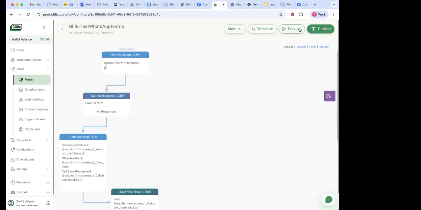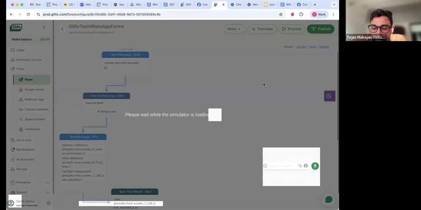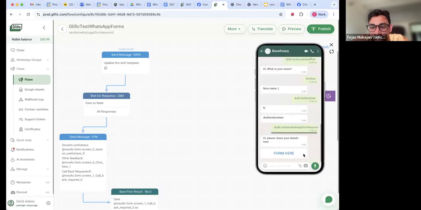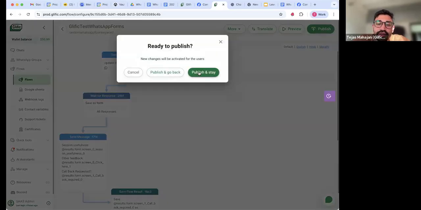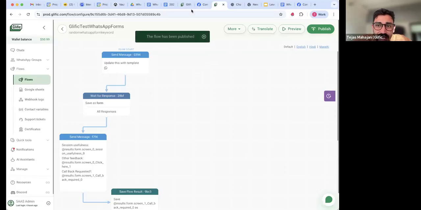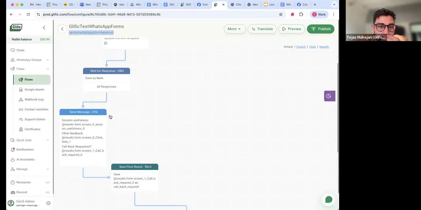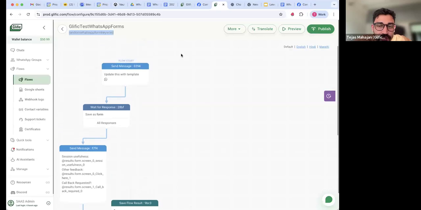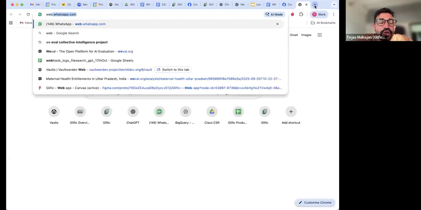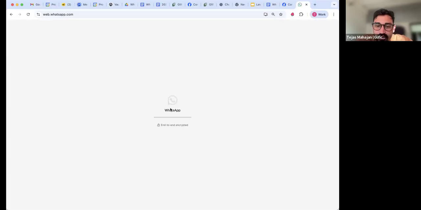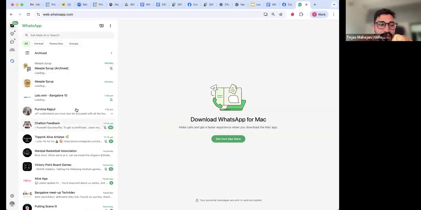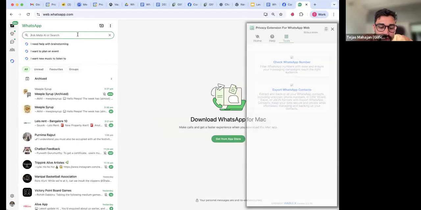Okay, so just to show you, it won't work here in preview. In preview, for now, it'll just come like this. In order to test it, we'll have to do it on actual WhatsApp only, and I am not able to use that for now because this doesn't work on WhatsApp web. So what I will do is I can share a link to this thing,